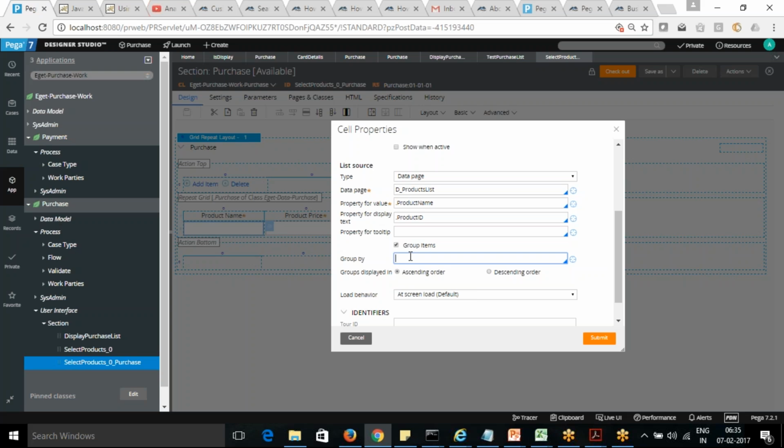And if you want to do the grouping, I can go with the grouping as well based on the subcategory.